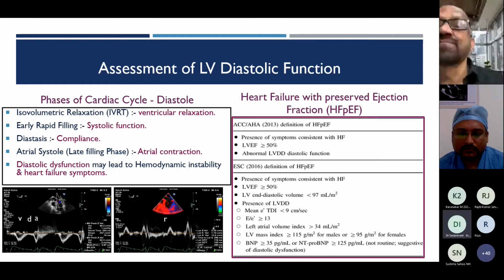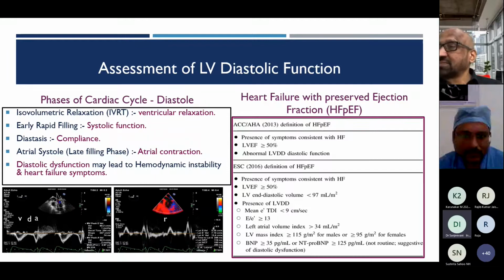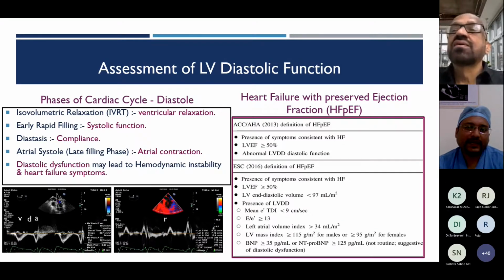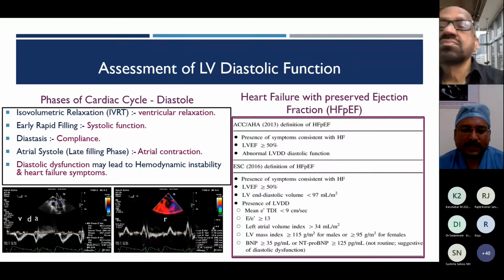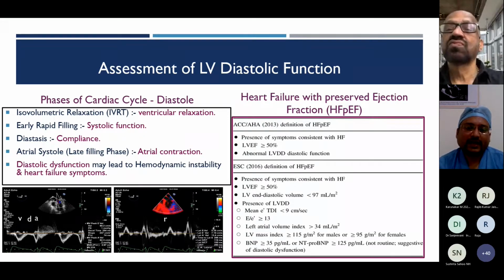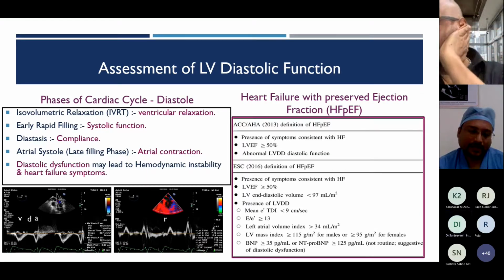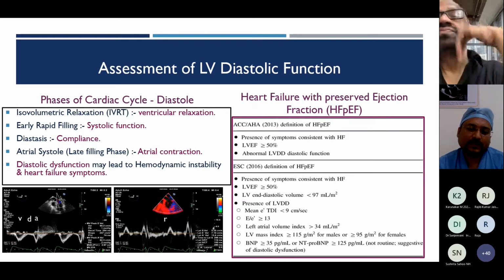In LV systolic function, Abhijit, did you mention last time dP/dt? I was not there. Yes, ma'am. The MR is mandatory for it, and the slope of that dP/dt, if there is a good LV which is ejecting, the slope is sharper and above 1200. But as LV systolic dysfunction happens, the slope becomes more and more flatter. That is the basic thing in the LV dP/dt, the rate of ventricular pressure rise.